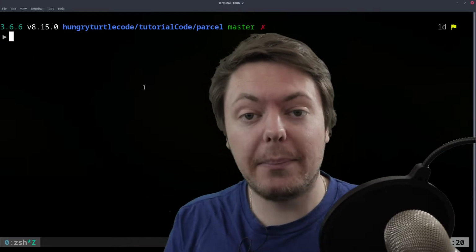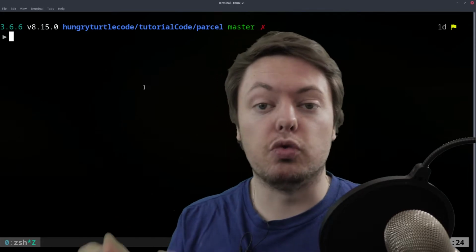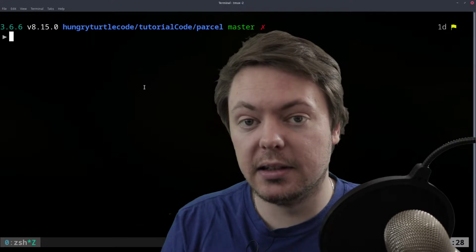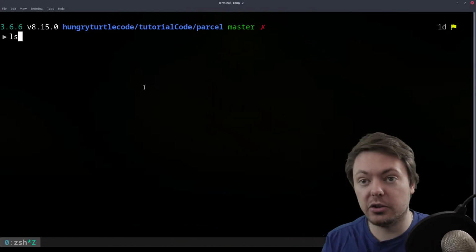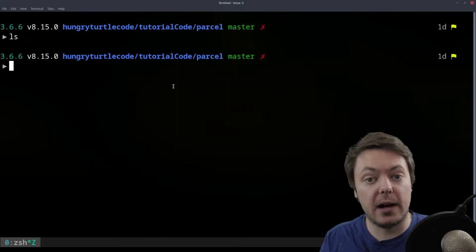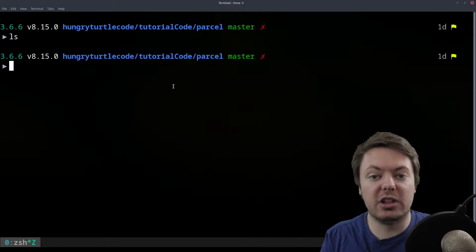So this will rapidly speed up the time you can go from having an idea to writing code because you don't have to spend so long setting up a project. So, to show that, I'm going to start with 0 files. We're in a project folder called Parcel, and there's nothing in there. So I'm going to do everything from scratch and see how quickly we can go from 0 to having a